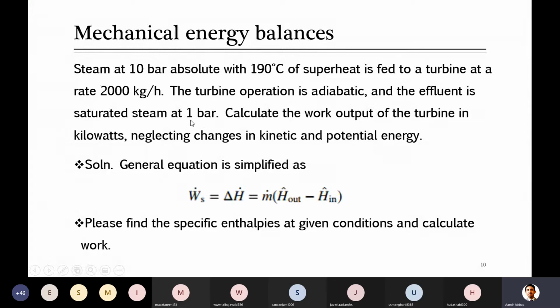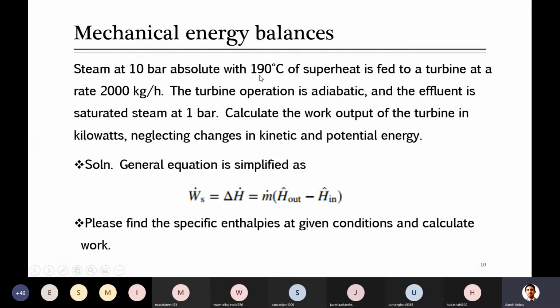Against 1 bar, if you look at the temperature, it's okay, otherwise no need to do it here. Temperature is not involved in the calculation. So just look at 1 bar and against that, look at the steam. Guys, this word is very important: saturated steam. It is not saturated water or saturated liquid. It is steam. So there will be 2 columns. You have seen that for enthalpy, 1 column is for water, 1 is for steam. So you have to look for the enthalpy of steam.